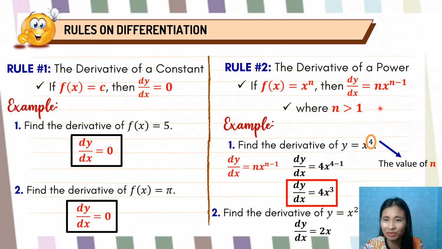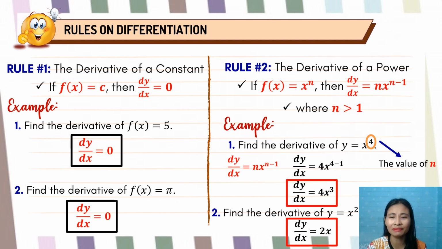As easy as that. Observe here, x to the fourth: 4 becomes the numerical coefficient and then minus 1 for the exponent. That's why we have 4x cubed. Right? As easy as that one. So for as long as we are only asked to give the derivative, then we can do it that way.